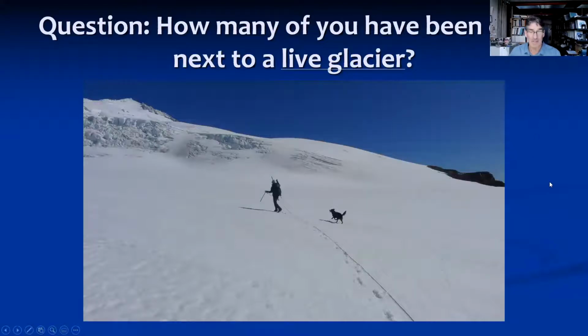Just as a brief aside, it's good for me to understand what sort of exposure to glaciers people might have had. Rebecca was going to set up a little poll to find out how many of you have ever actually been on or next to, or touched a live glacier. I can see the results, and wow, an amazing number of you have been up to glaciers, which is great because we live in the Northwest and we can actually get to glaciers. It's kind of an awesome thing. So we've got almost everyone, with just a few people who haven't, and that's great.